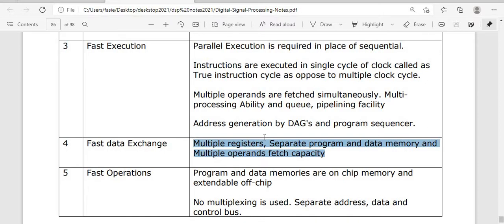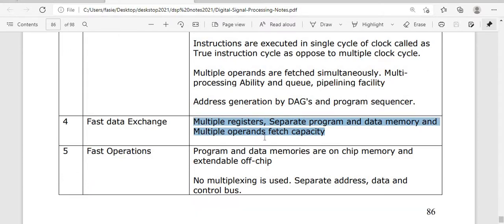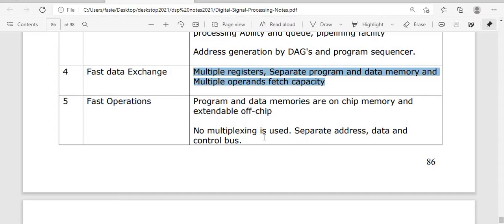Next part is regarding fast operations. How do we obtain fast operations, students? Here we are using program and data memory that are on-chip and extendable off-chip as well. That means whatever operations you perform on program and data, whether on-chip or off-chip, there should not be any multiplexing used. That means there will be separate address, data and control buses.